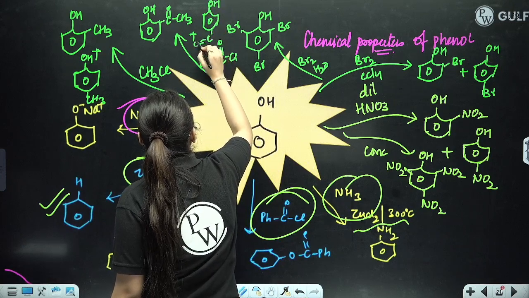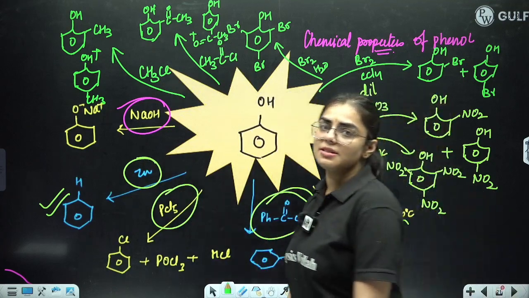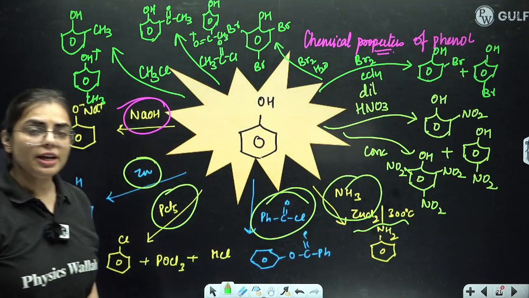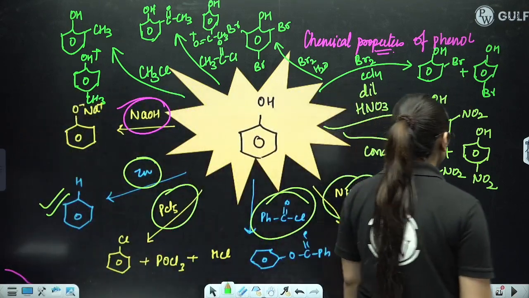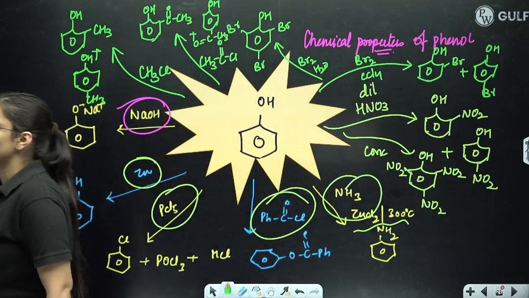C double bond OCH3. This is the para product. So these all are basically the chemical properties of whom? The chemical properties of phenol. Clear with this part everyone? It was easy, it was very simple. Everyone just take a minute, write them down so that now we can start with the last part of ours,